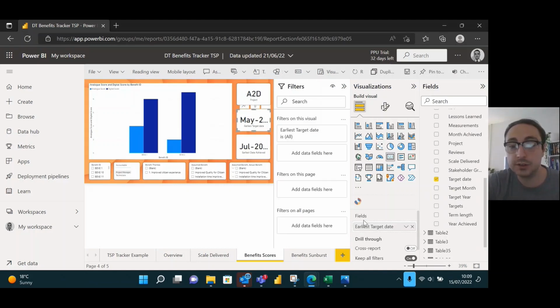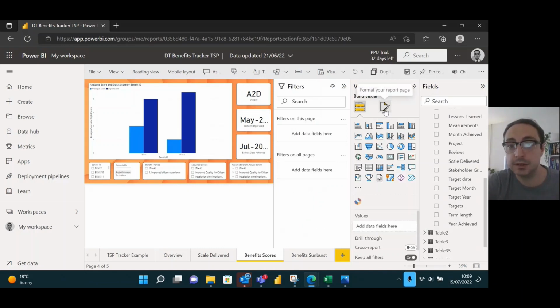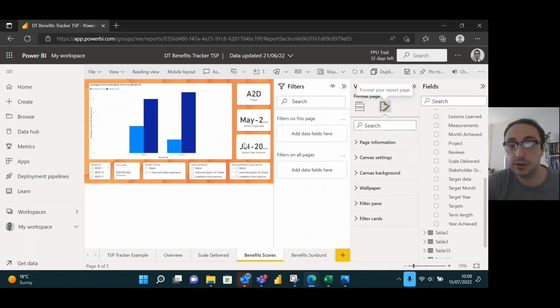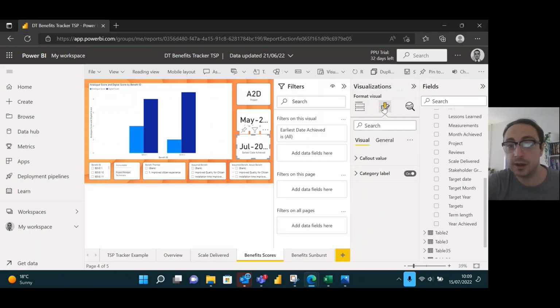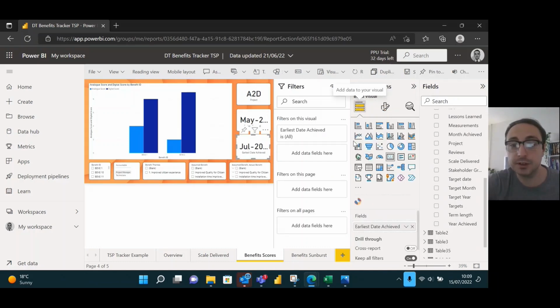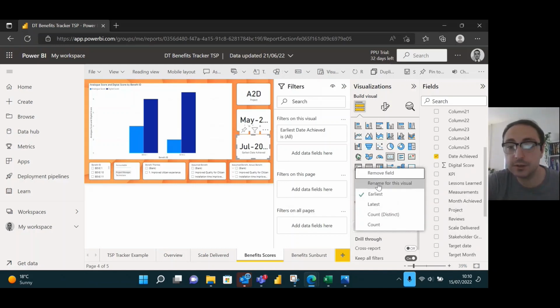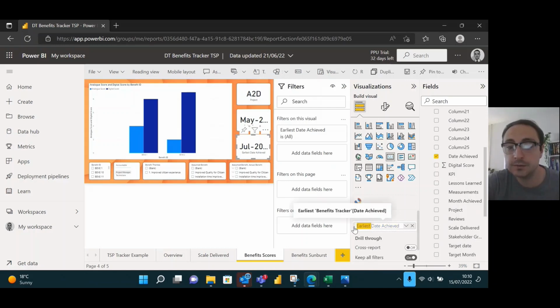To change the fields to a new name, instead of going to the format visual, you would just go to the box that you look to change, and you're looking to change that label here, and then all you would do is go to the fields. So if I just rename the field to date achieved,